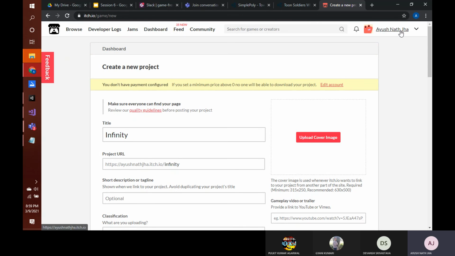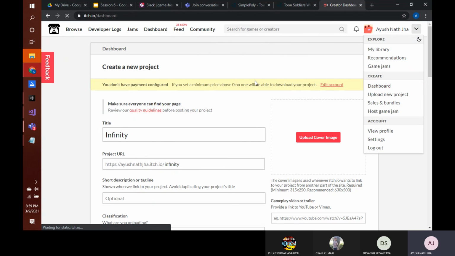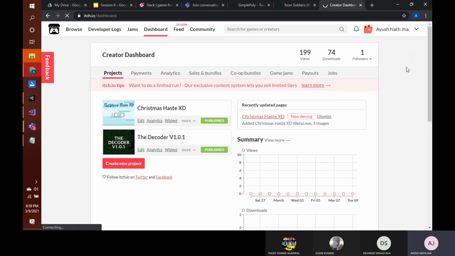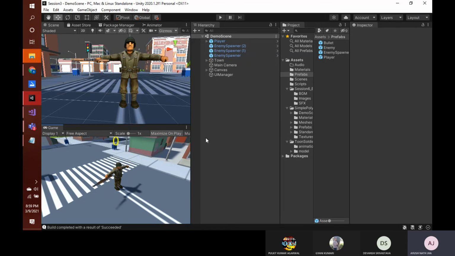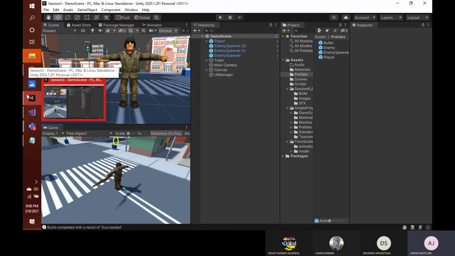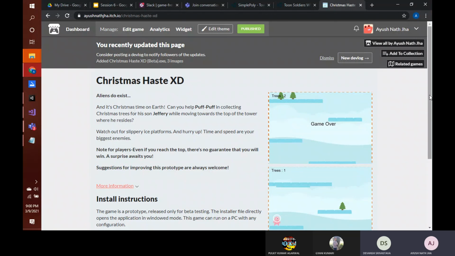So this is how you create, and I'll just show you a sample of how your project looks after you create it. And if I show one, and it is opening. While it's opening, I guess you all got it, how you can build the game, right? Yes, sir. Okay, so now you can just create a zip out of that, and you can simply share it with your friends. See, this is like this.